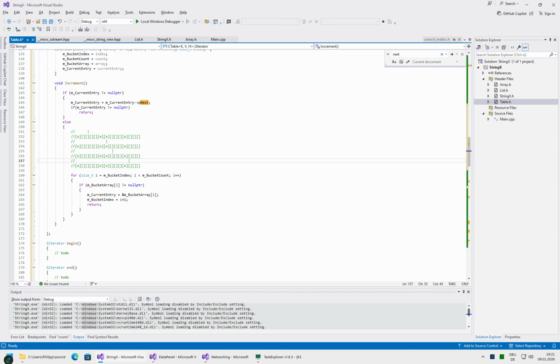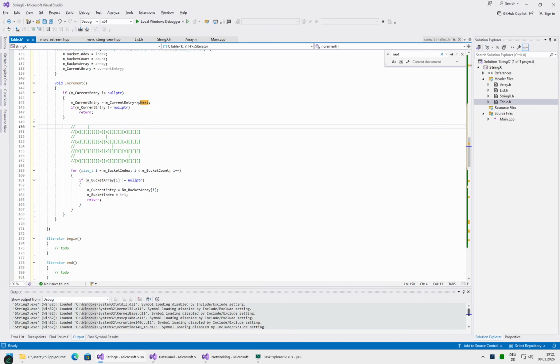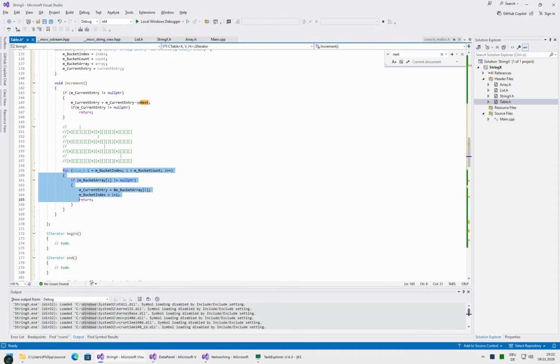And I see there is a bug. There should not be an else. This needs to be just a standalone. The reason for this is, first case, this is not fulfilled, then we just execute this directly. If this is fulfilled, then we do this, and then we see if this is now true,